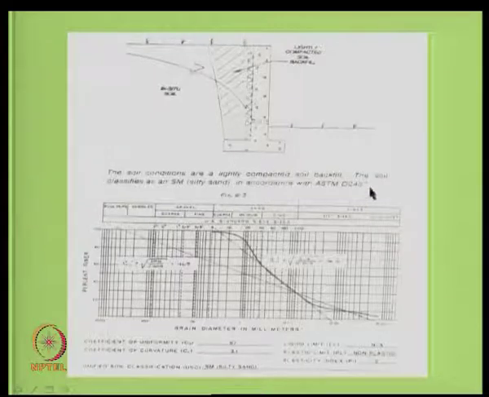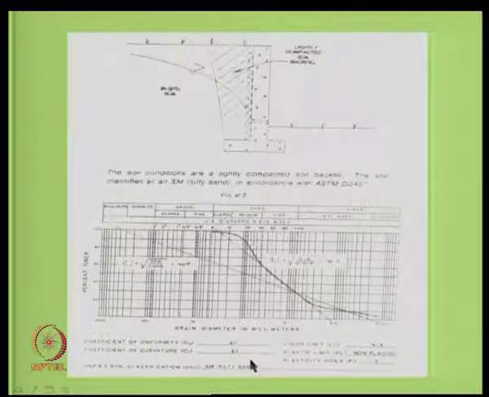So, the soil conditions say that the soil is lightly compacted, because particularly, as I said, close to the retaining wall, in the RE wall or any of these things, particularly in RE walls, we do not have high compaction because it will affect the panel. In this case, yes, good compaction is all right, but normally we do not do that because you only have a drainage material here. Because of the compaction, it should not get powdered, or the drainage pocket should not get closed. So, again we have done that same analysis.